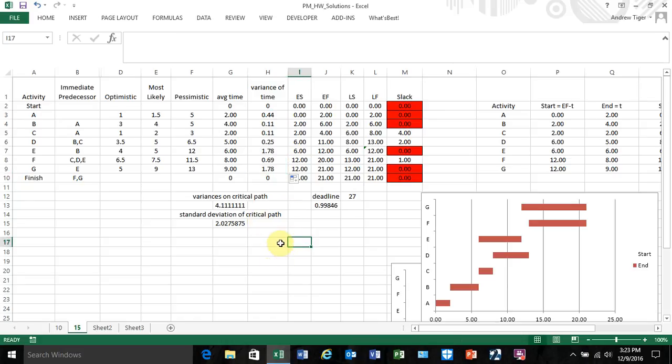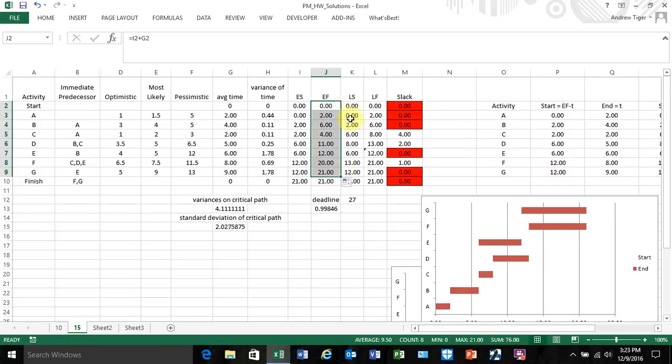Within Excel, you need to calculate the earliest start, earliest finish, latest start, and latest finish for each of these. The formula for the earliest finish is just the earliest start plus the average time. You can copy this down. And then the formula for the latest start is equal to the latest finish minus the average time, and you can copy that down. The hard part is calculating the earliest start and the latest finish, and it's a function